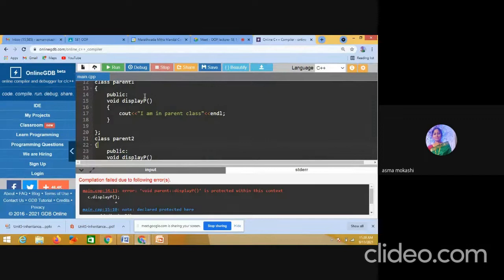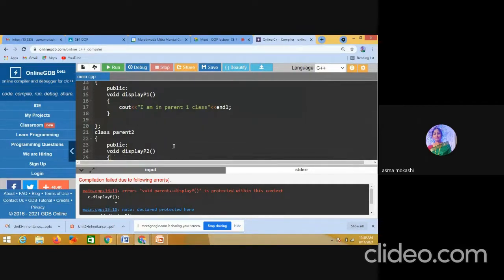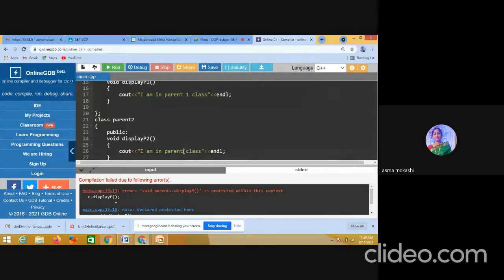This is my display P1 method and this is the display P2 method. I have created these methods so you can understand in which class my output is coming from. This is the parent 1 class, this is the parent 2 class.